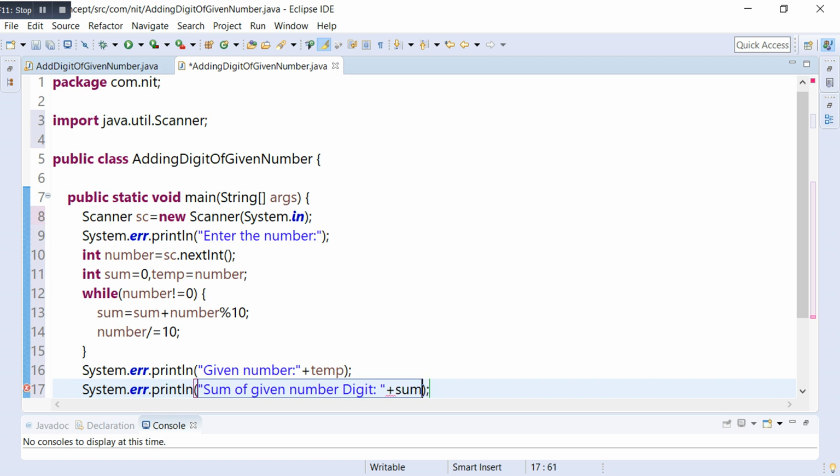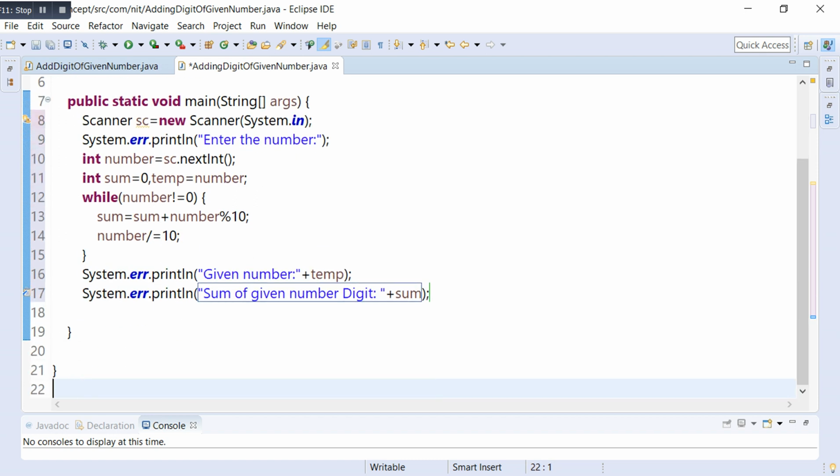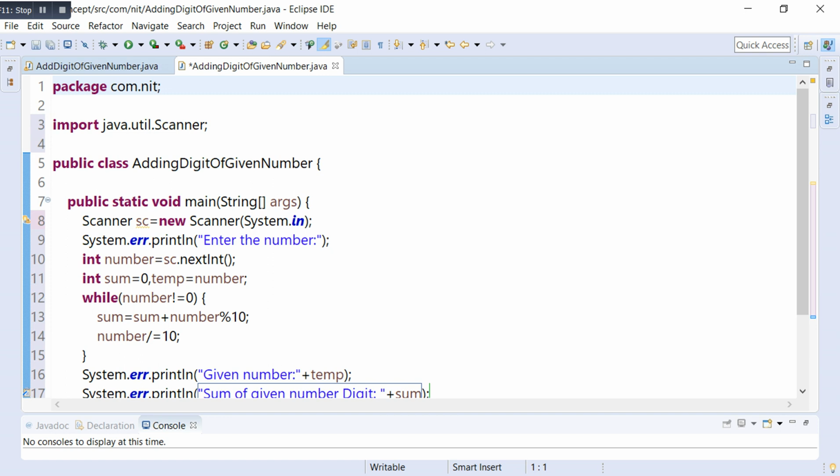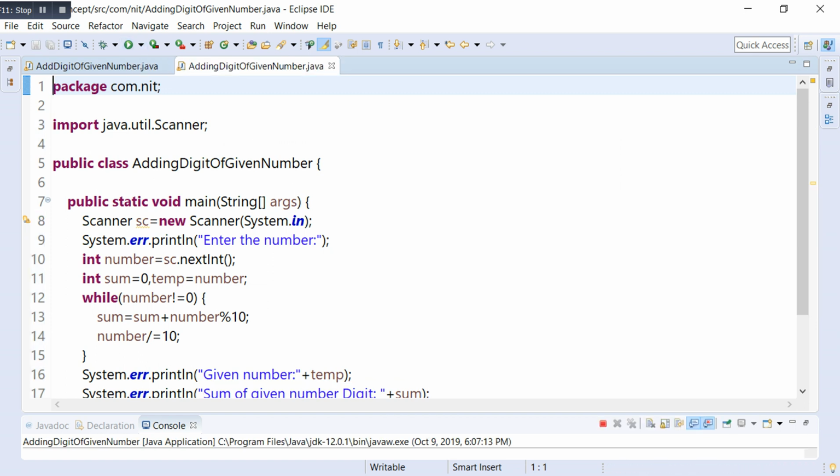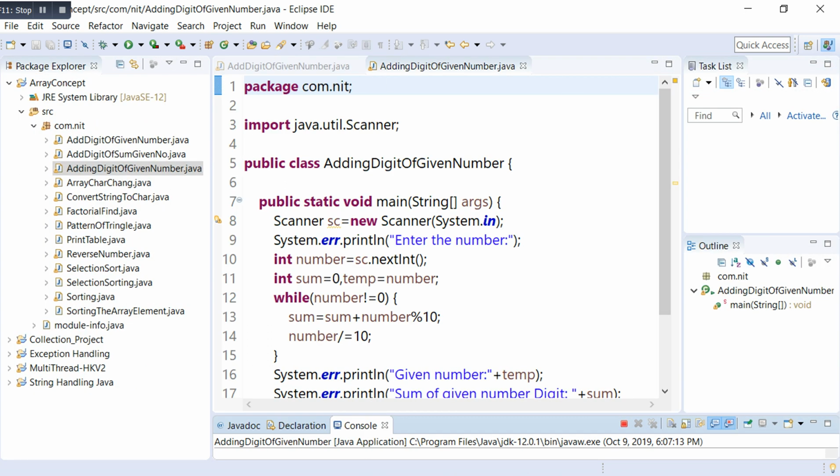Now I am going to run this program on your system. Click the run button and your program runs. Your console is not visible, so I will click on the console and it becomes visible. Enter the number.